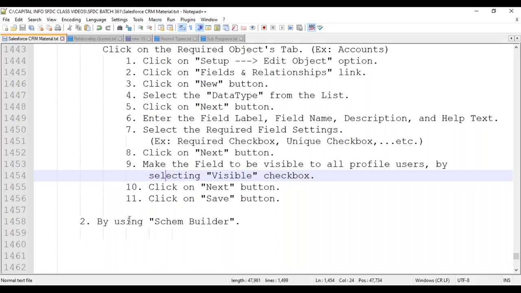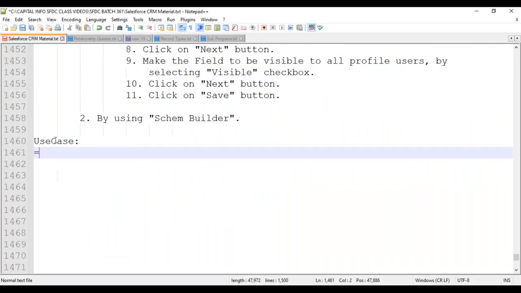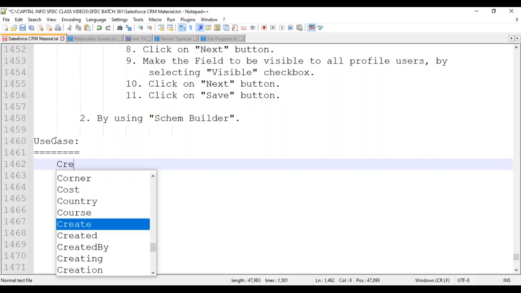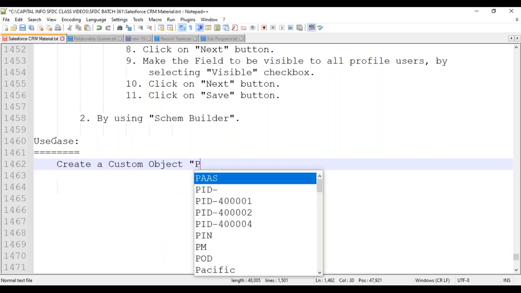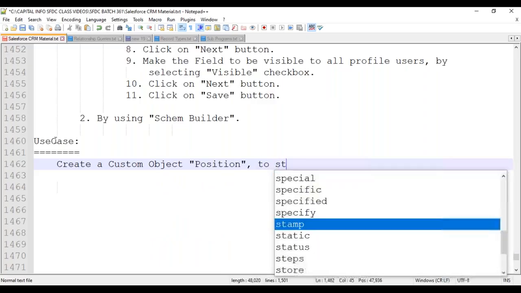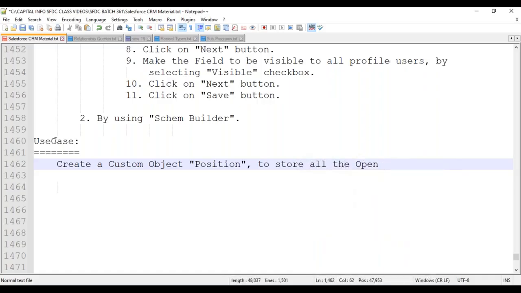So let's take a small use case now. Create a custom object, position, to store all the open positions or jobs inside the object,